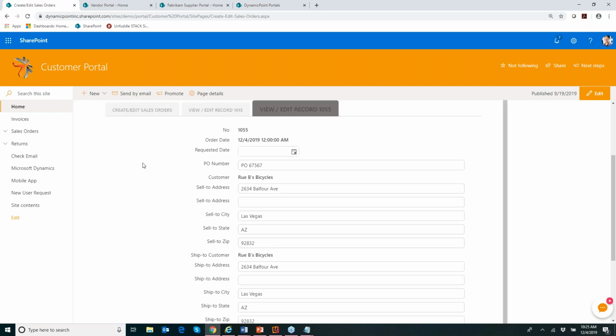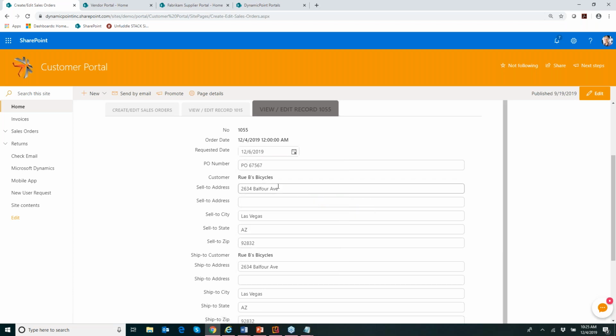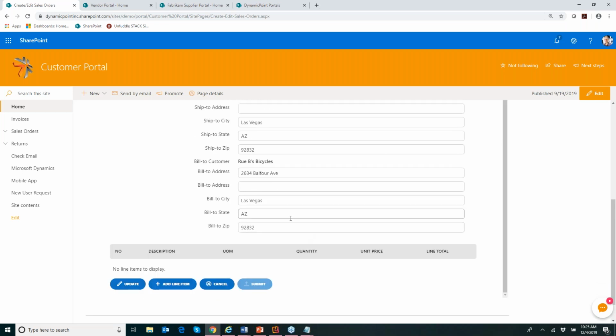When we create this order, it's making a call directly to the ERP application to get the pertinent defaults. We're not going to have to ask the customer what their sell-to and ship-to and their address are. The ERP application already knows that. That's exactly what that create did: call the ERP application to obtain those defaults so that we could not only present them to the customer, but get their confirmation. So maybe if they changed addresses, obviously Las Vegas is not in Arizona, it's in Nevada, you could update those directly on the order itself,